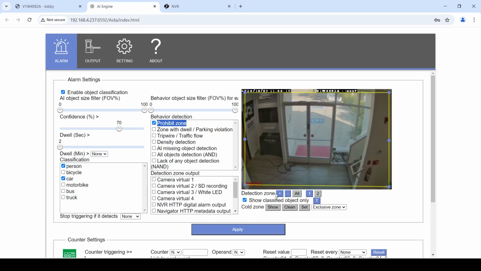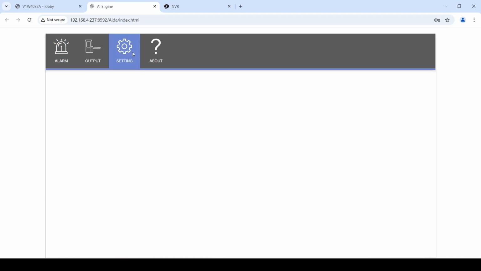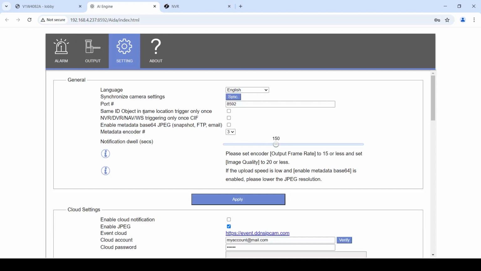As for our detection zones, you can add up to 4. Here I've created 2. And once you've done that, hit apply. And then we're going to go to setting. So in setting, we have this